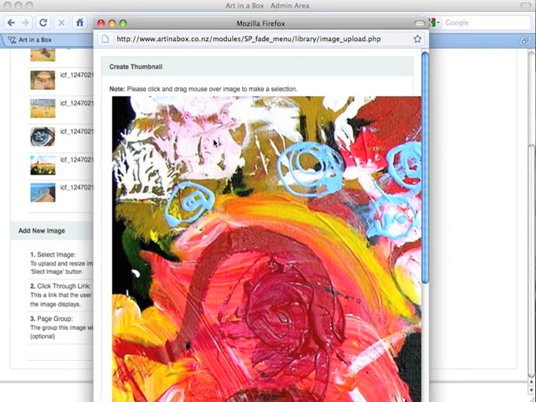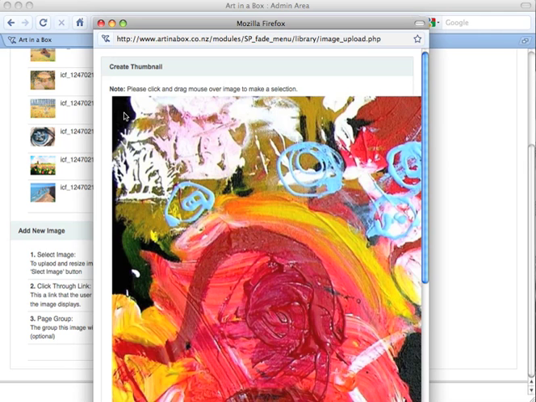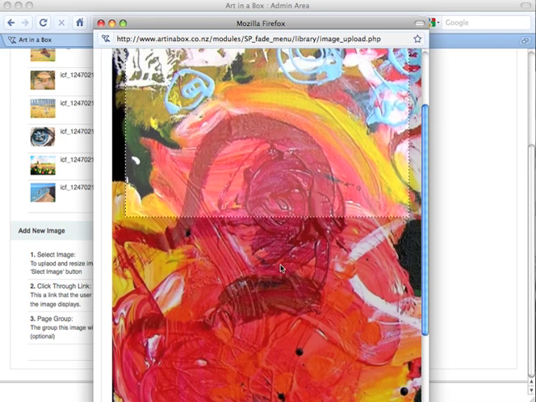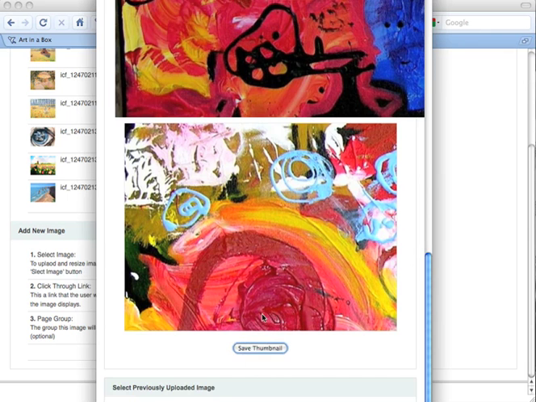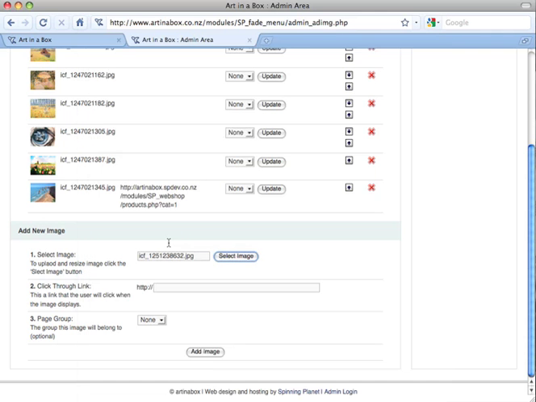Now what we want to do here is take a selection of our image that we've uploaded so that we have a nice optimized image for the image crossfade. So you click and drag and you'll see that I've made a selection. I'll scroll to the bottom and we'll see a template or demo image of that, and we want to click save thumbnail. That will give you a preview. You can decide to delete the image if you don't like it at this stage, or you click done. What that does is load that image into that field,